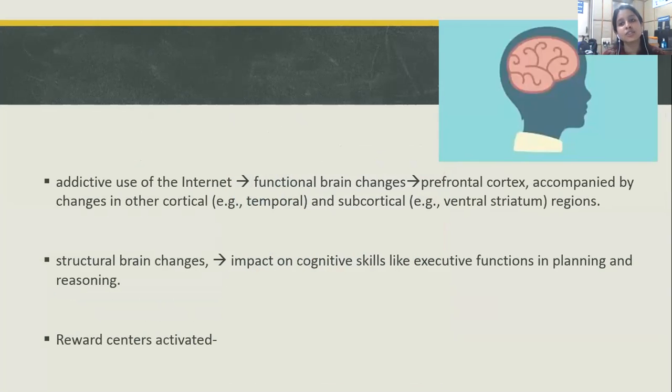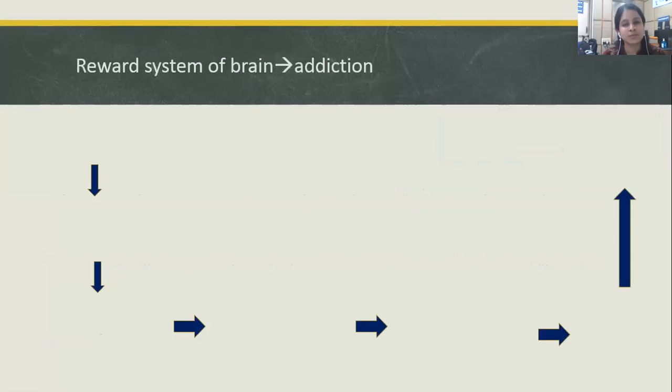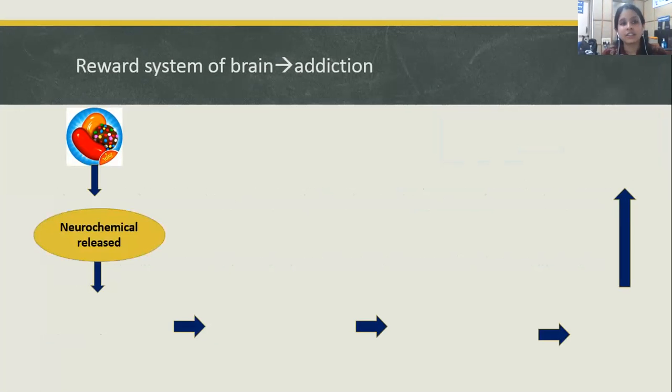It has a huge impact on the child's brain. So I'm not going into details of the functions of these centers in the brain, but I would like to say that cognitive skills of the child can have a lot of problems through extra use or overuse of media at a very young age. So there are some reward centers that I would like to give you a small idea of. Most of you play Candy Crush. So Candy Crush, I'll take it as an example here. When a game is played, there are some neurochemicals in the brain that get released and lead to this response called pleasure.